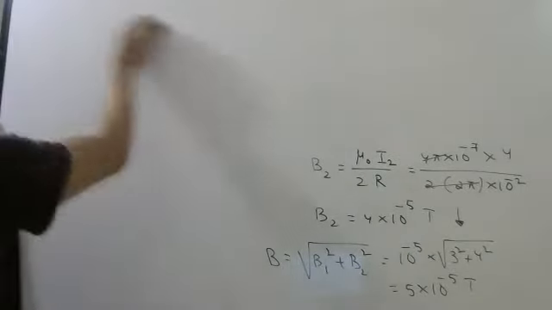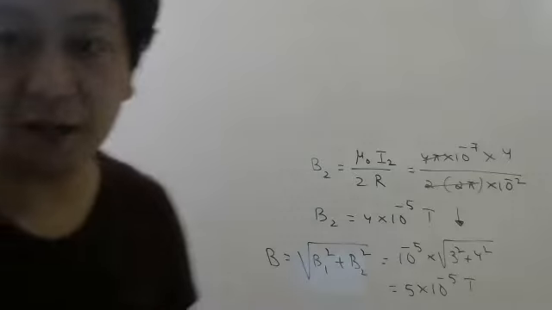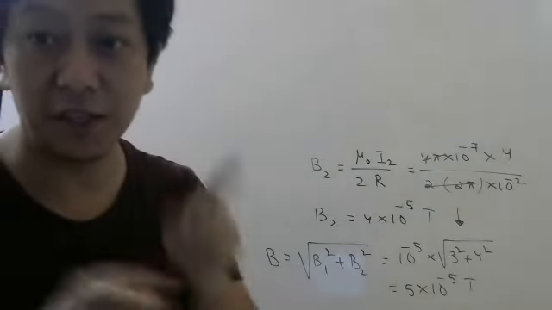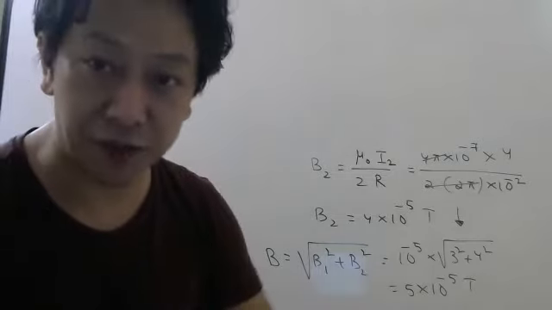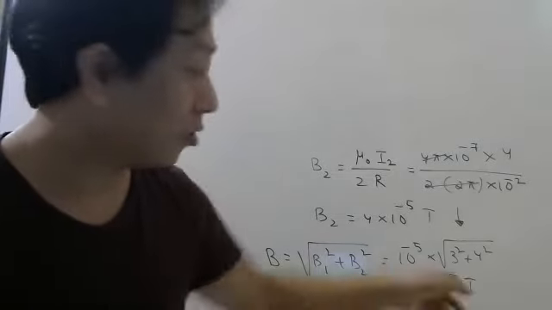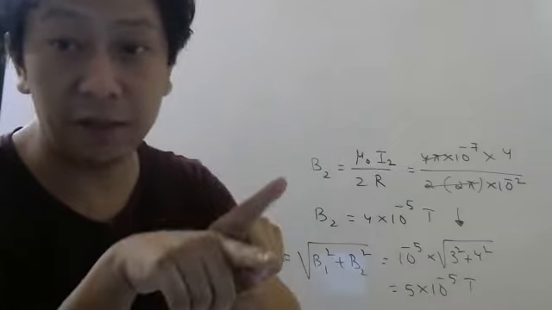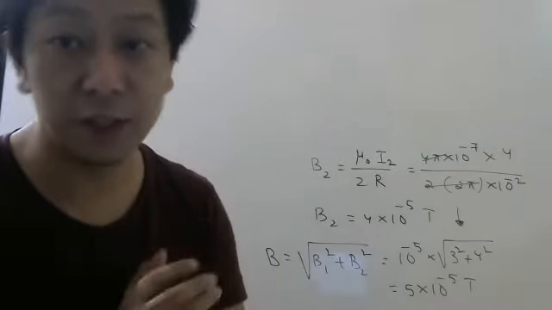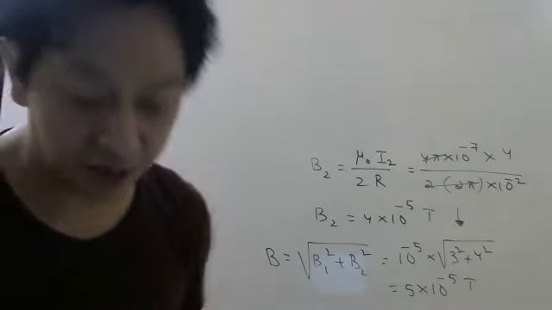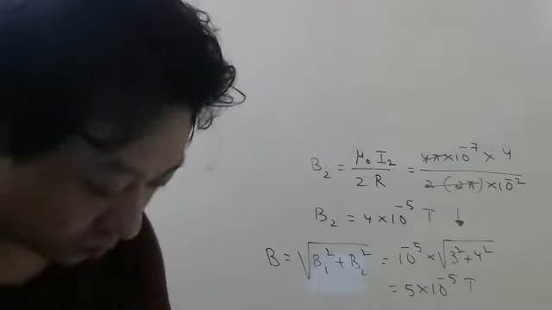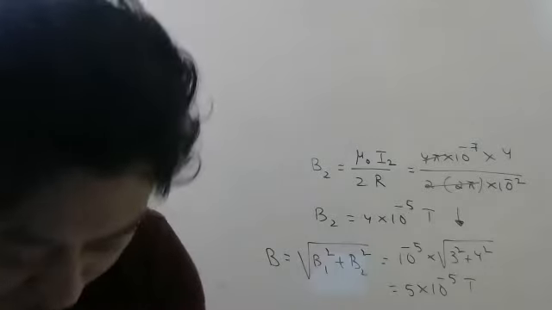So you have to check the direction. Directly don't add the magnetic fields. You have to check the direction, then decide. If in the same direction, add; opposite direction, subtract. Perpendicular means you have to take this formula. Sometimes the angle may be theta. Then you have to use the formula root over a square plus b square plus 2ab cos theta, or you can take components, whichever you feel comfortable.